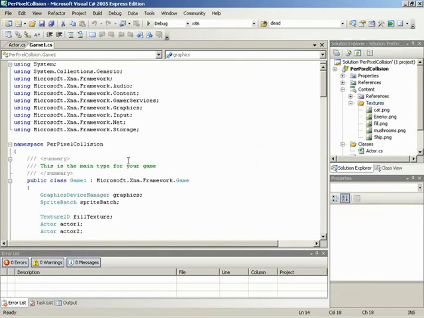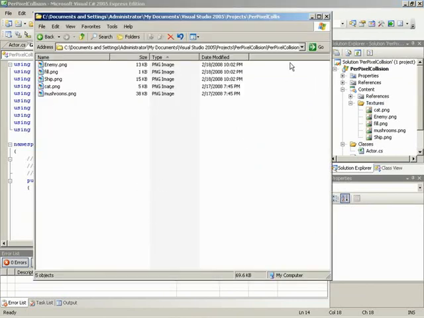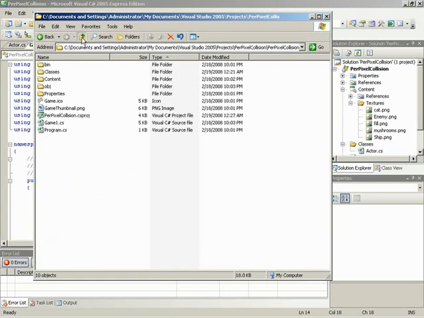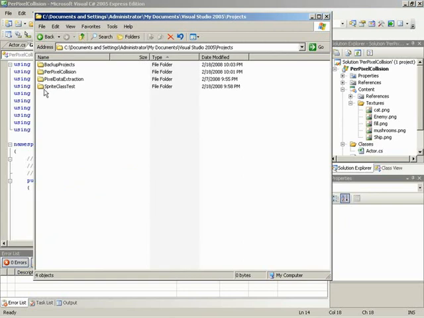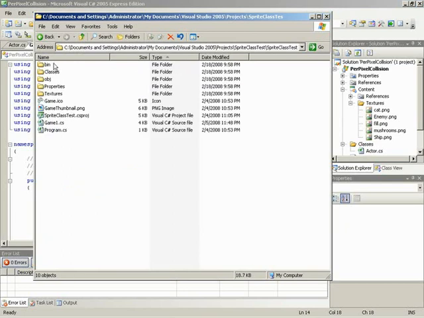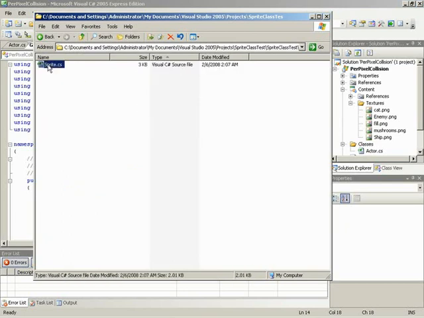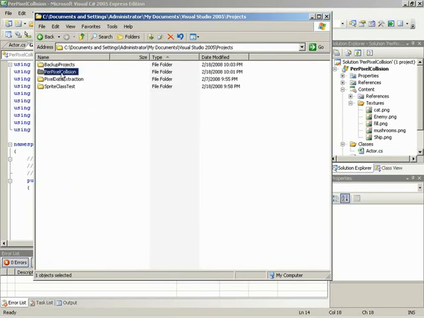Now, the next thing we need to do to really get this step of the project kicked off is we need to import our sprite class. We have the sprite class written in a separate project, so I'm going to copy it over to the per pixel collision project and add it as well into the classes folder. So that means we need to go back here. We're currently under the per pixel collision project, so I'm going to jump up a few levels until we can see our sprite class test project, the project in which we wrote the sprite class. Jump in a few levels, we'll grab the classes folder, and there is our sprite class. So I can copy that file, jump back up, go back to the per pixel collision project, into its textures folder,